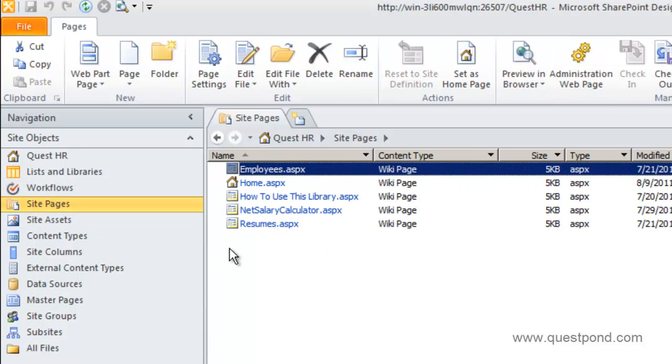Now, one more important point here. In the previous sections of the video, we had discussed customized and uncustomized pages, where we said that the uncustomized pages are called application pages and the customized pages are called site pages. Now, don't confuse this site pages with those site pages. This site pages is actually the site pages of a site, while those site pages are customized pages. So don't confuse this vocabulary with that. So we are going to concentrate on two sections, at least for this practical: site pages and the